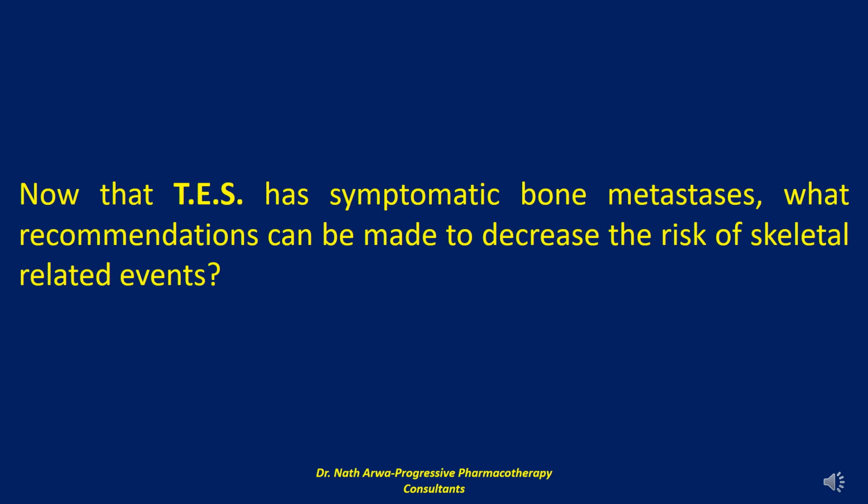Bone metastases occur in around 90% of men who develop metastatic prostate cancer and are a common complication in advanced disease. They may be asymptomatic but can frequently cause pain, decreased mobility, and diminished quality of life. These metastases can also cause skeletal-related events, which include pathologic fractures, need for radiation or surgery to the bone, and